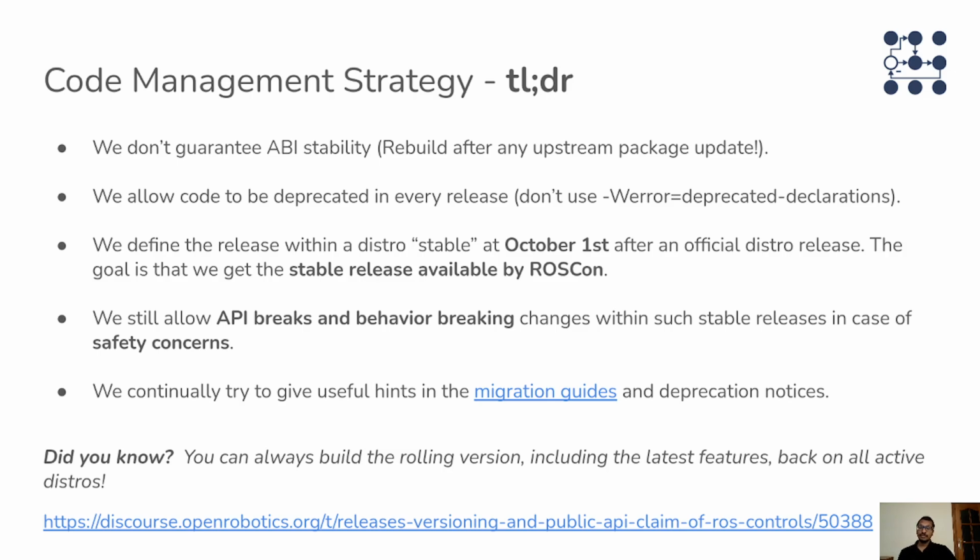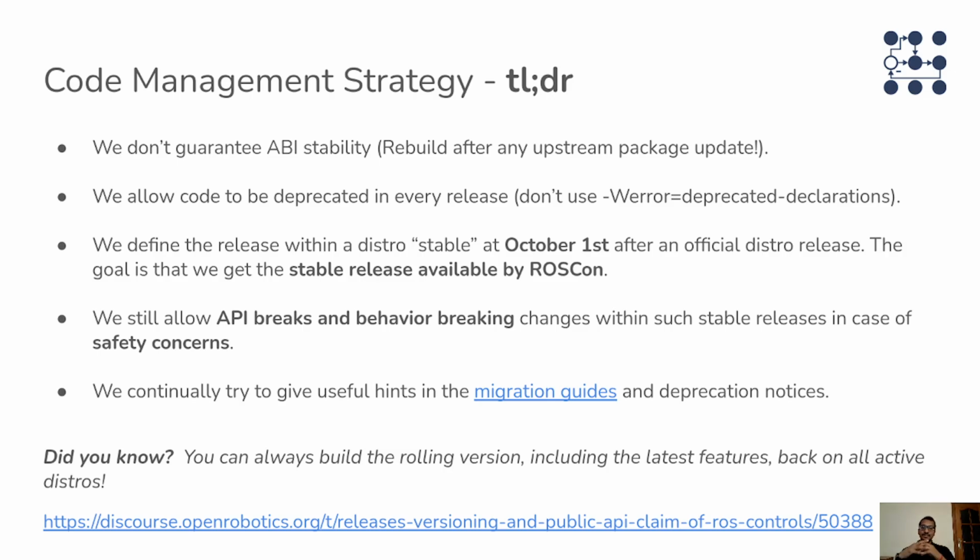The thing with ros2_control is we don't offer ABI stability. So every time you have a sync, we recommend you to rebuild your code. It's just because for us, from the architectural point of view, if you have any issues, we don't want the robots to suffer. Maybe there are some safety concerns. So that's the reason that we might break ABI, but we're trying to come up with some approaches to reduce the ABI breakages in future. And